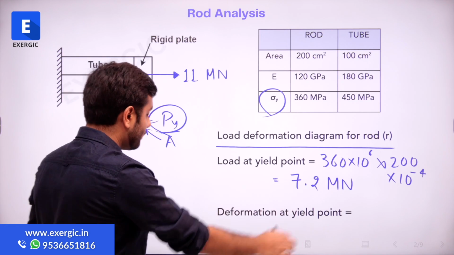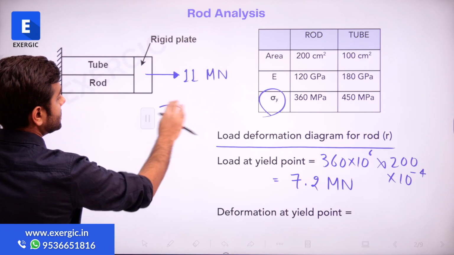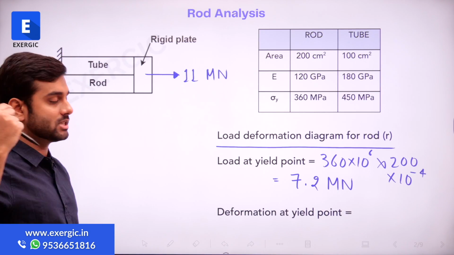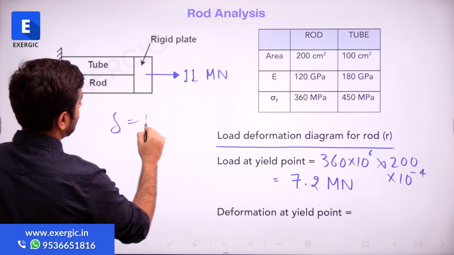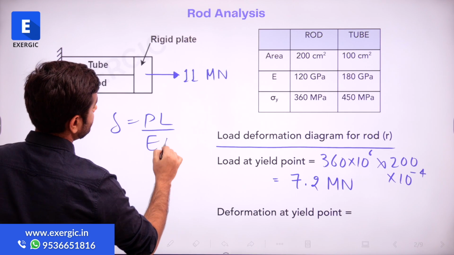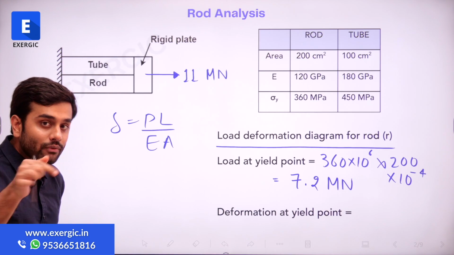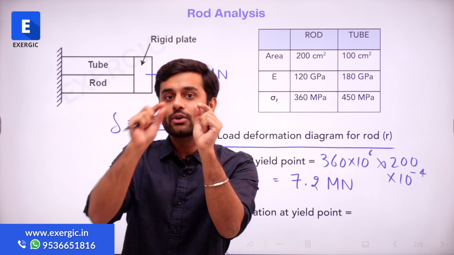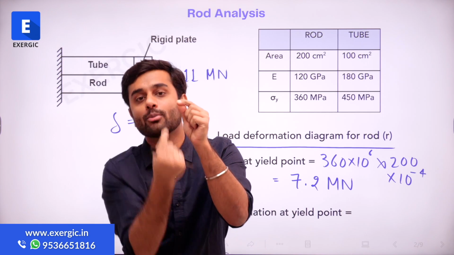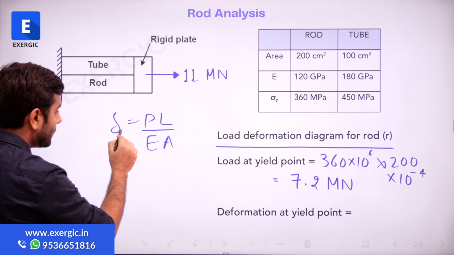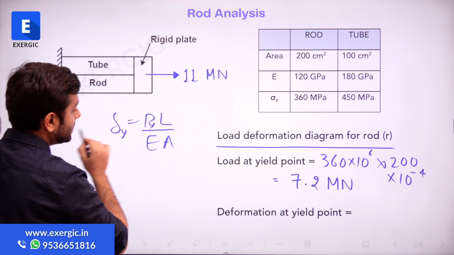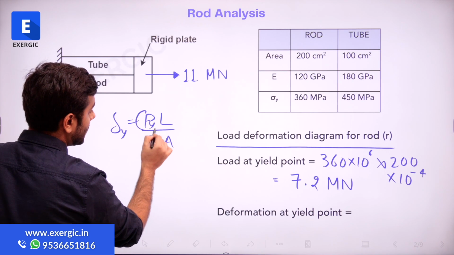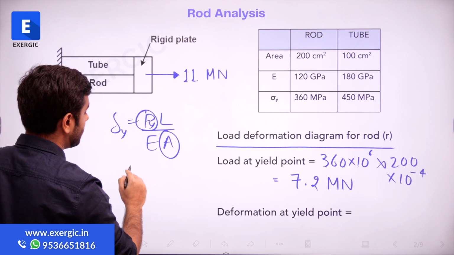And how much will be the deformation at the yield point? Now this is something that you need to again calculate by using the basics of the same expression. We know that del is equal to PL by EA, right? Which value of deformation we are interested in? To draw the load deformation curve, we need the values at yield point. How much is the load and how much is the deflection at yield point? So deflection at yield point is equal to load at yield point, and this area is obviously in the bottom,